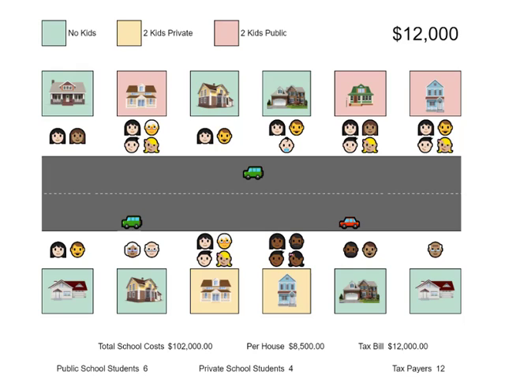We start out with 12 households. 3 of them have kids in public schools, 2 have kids in private schools. To calculate the tax bill, I take the total cost to educate the public school students and divide by the number of households. In the beginning, this is 6 times $17,000, or $102,000. Then, divided by 12, we get the resulting tax bill of $8,500 per household. Now, this is just taxes for the school. There are also some taxes for non-educational spending, about $3,500 to start. This roughly matches the proportion of educational to non-educational spending that we have here in Oak Park.